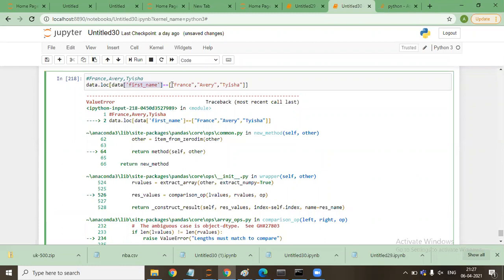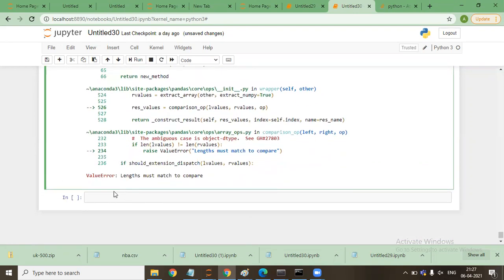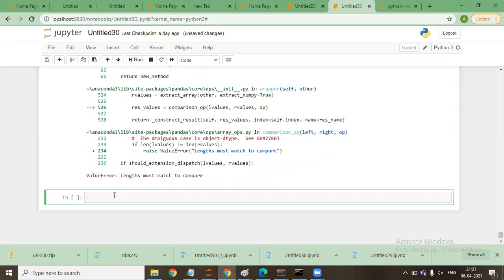No, I cannot provide that because these rows are not the index. Whenever we provide such things, I need to make these rows the index, then I can use it. But since first name is a column, it is not an index.